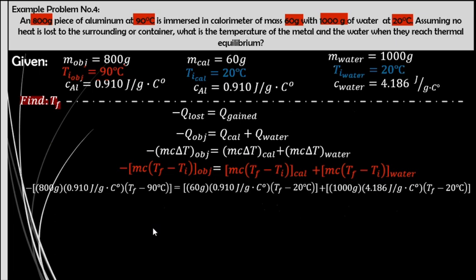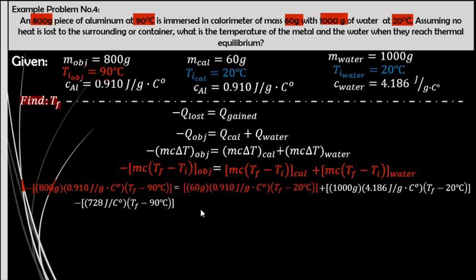Simplifying our solution, we have to multiply first 800 grams by 0.910 joule per gram times Celsius degree. And that will become 728 joule per Celsius degree. So the unit gram will be cancelled. And still, we have to multiply this by T sub F minus 90 degrees Celsius equals,